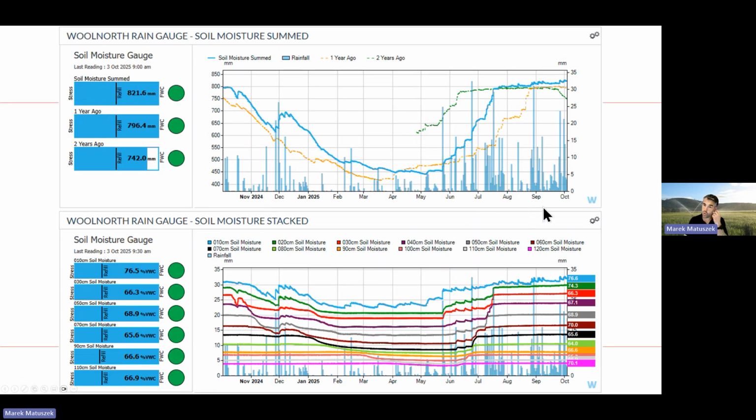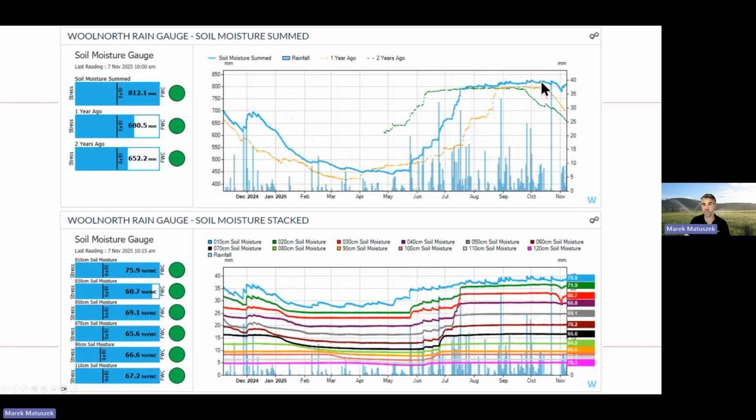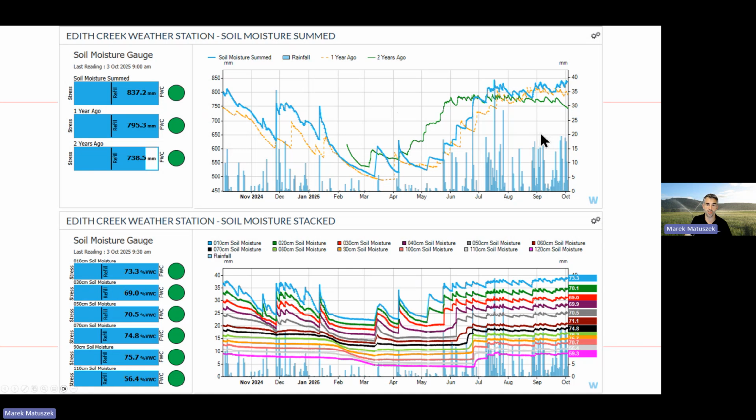So if we start up at Woolnorth, we can see here it's just wet, that plateau there. We're just sitting wet. And last year, we're tracking similar to where we were last year, but we can see as soon as that rainfall finishes, that tail off will come. So this is on those sandy soils, and that was last month, and then we can see we're starting to tail off in those 2 seasons. So we're just sitting a bit behind where we were last year, and about a month behind where we were 2 years ago. Edith Creek, which is a bit of a heavier soil type, a month ago we were just